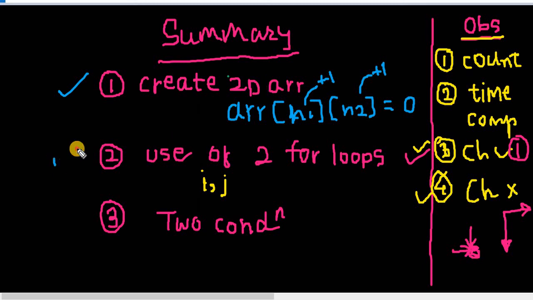After that, we'll take two for loops. The first will be for the first string, so it will loop from i equal to 0 to string length 1, and the second for j from 0 to string length 2. And for each iteration of i and j, we'll compare the values which are held at the i and j indexes, and if they are the same, we'll do this particular thing. So here in two conditions, I meant if the character is matching, we'll increment the value from the previous diagonal,